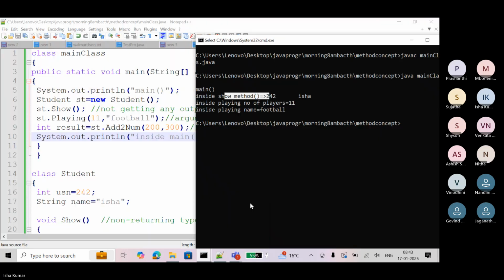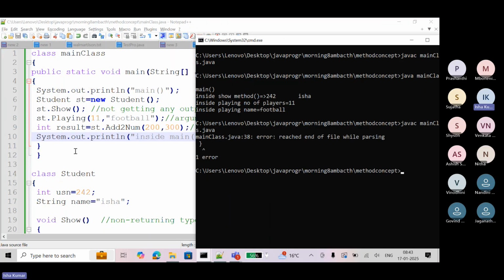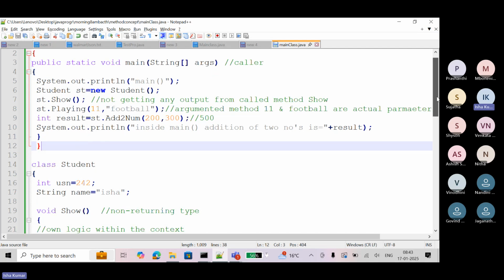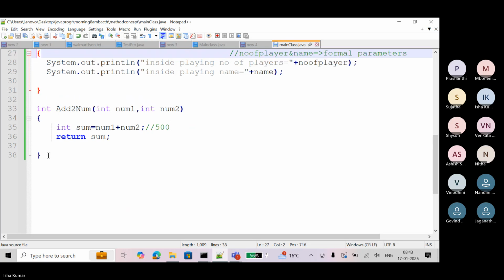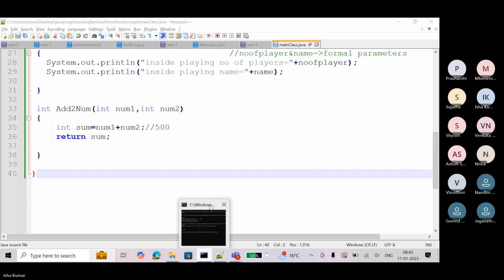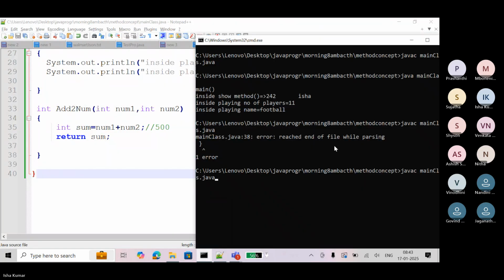See here? Is there something I missed out? Right curly braces down. Yeah. No error.